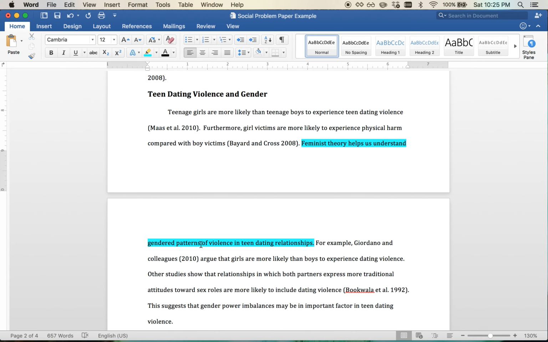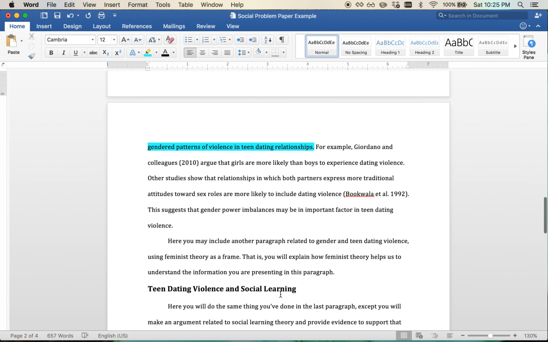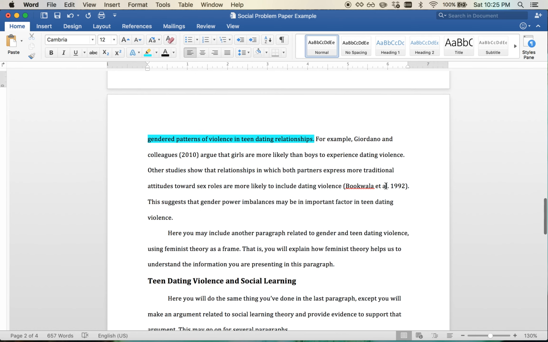Feminist theory helps us understand gendered patterns of violence in teen dating relationships, and then I back up that argument. For example, Giordano and colleagues, 2010, argue that girls are more likely than boys to experience dating violence. Other studies show that relationships in which both partners express more traditional attitudes towards sex roles are more likely to include dating violence. Bookwala et al., 1992. This suggests that gender power imbalances may be an important factor in teen dating